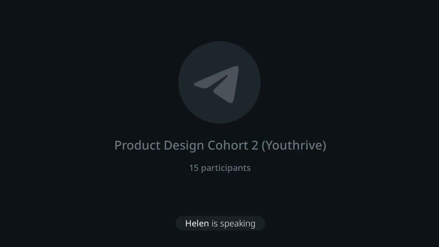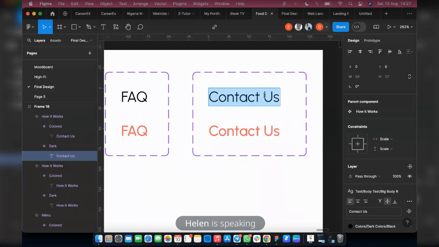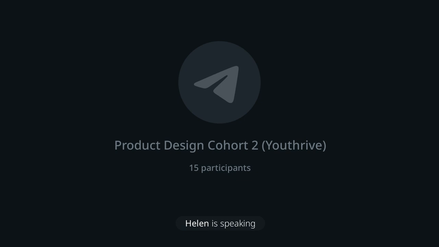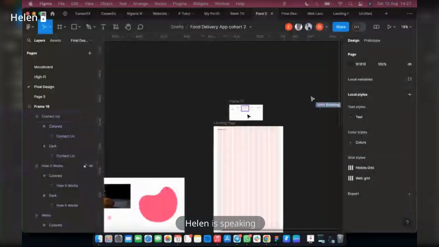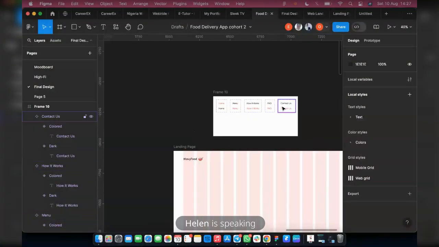I'm going to change the same thing here. Contact us. I'm just going to copy this text here and then rename them so I won't make mistakes when looking at them. So now we've created 1, 2, 3, 4, 5 text links that we're going to add in our header,